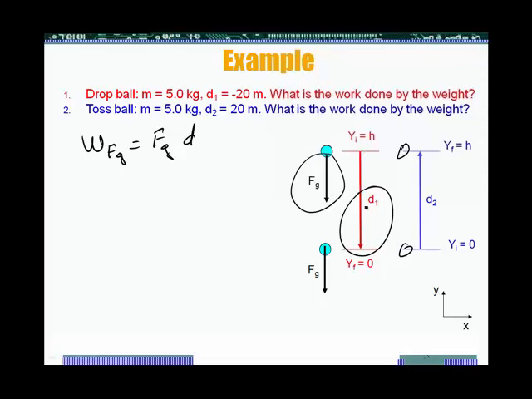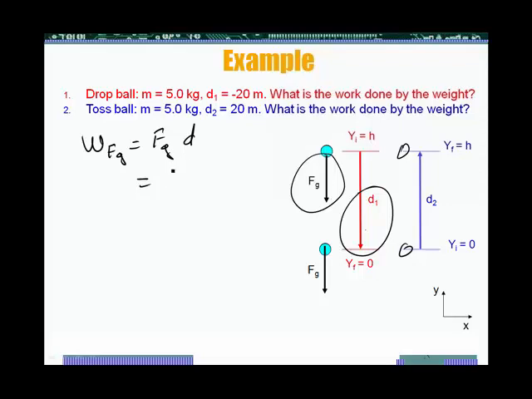So if my displacement is negative, but my Fg is also negative, and both of them are pointing in the same direction, that means my work is going to be just, I can either write them both negative or just the magnitude of Fg times the magnitude of d, which is